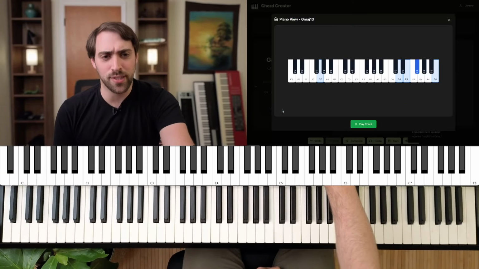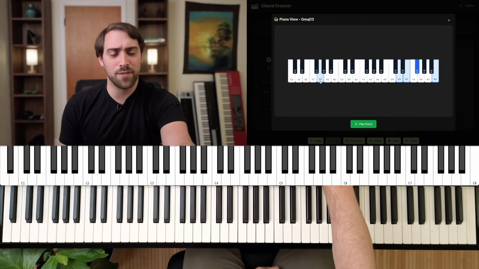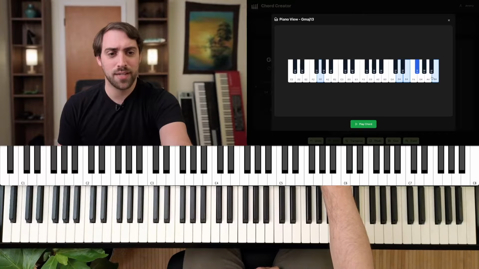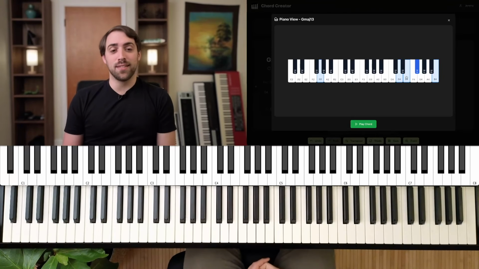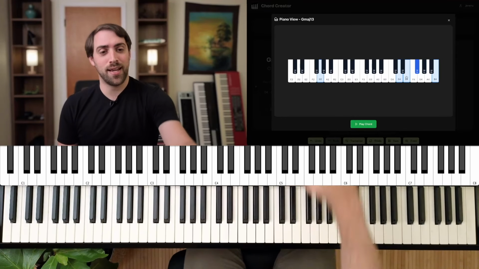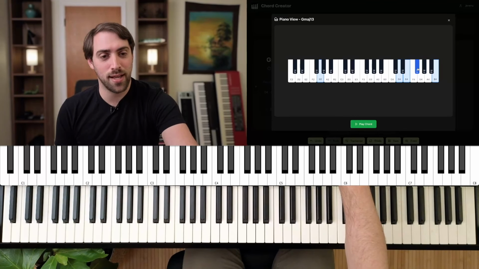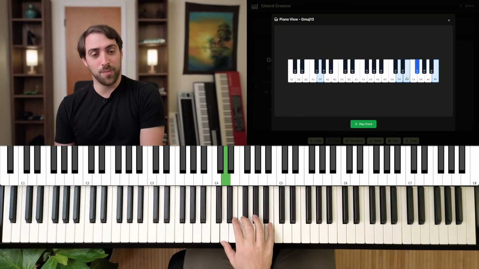So we can see it more clearly here on the piano. We still have the G in our bass, that hasn't changed. We got the 3rd and 7th, here's the 5th. And right here we can see the 13. Kind of looks like a B minor triad with the E here. Right, here's B minor